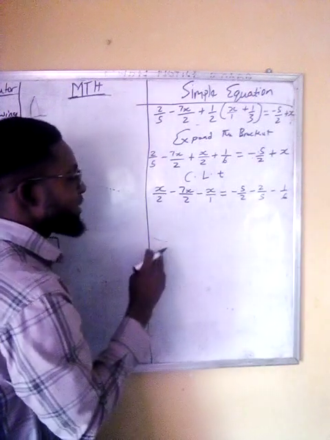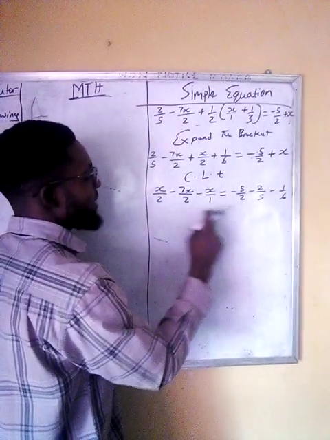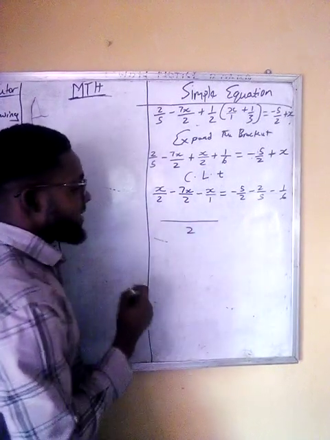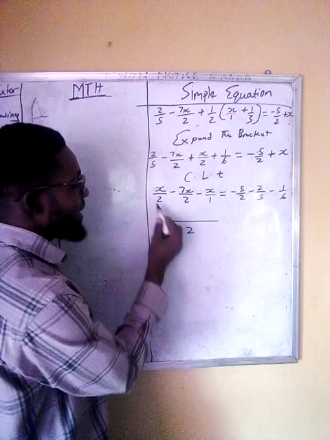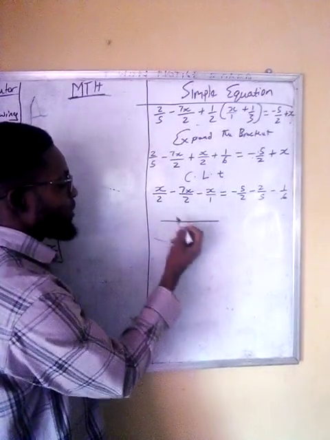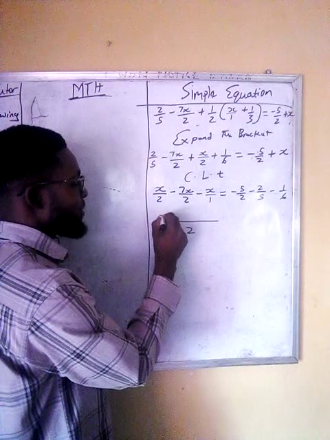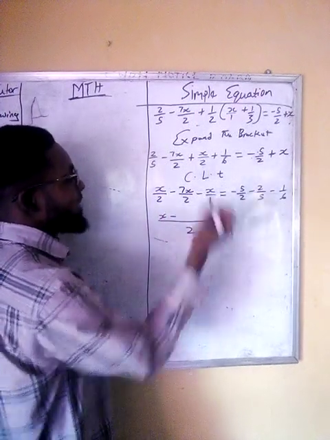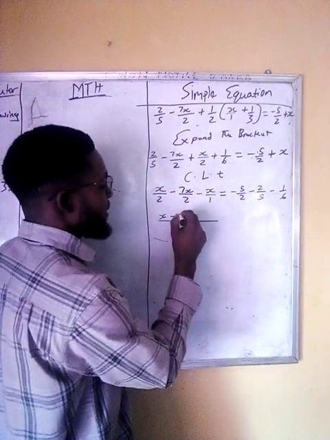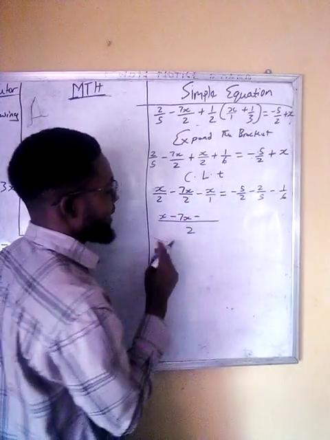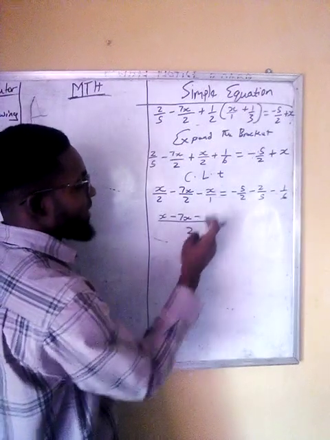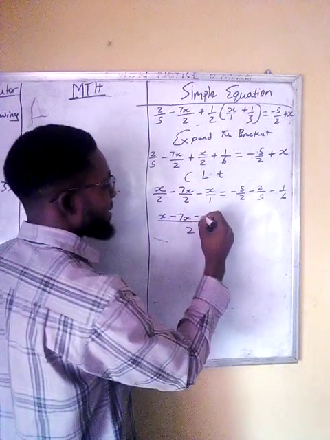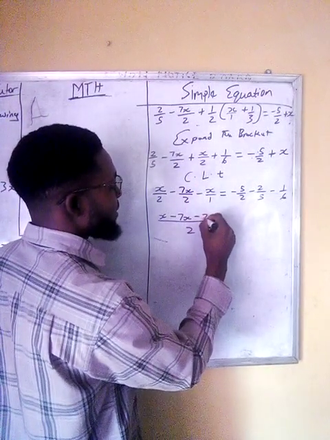LCM of the denominators. Right here, the LCM of this denominator is 2. So this is the LCM. 2 divided by 2 is 1, times x is x. Minus 2 divided by 2 is 1, times 7x is 7x. Minus 1 divided by 2 is 2 times x times x is